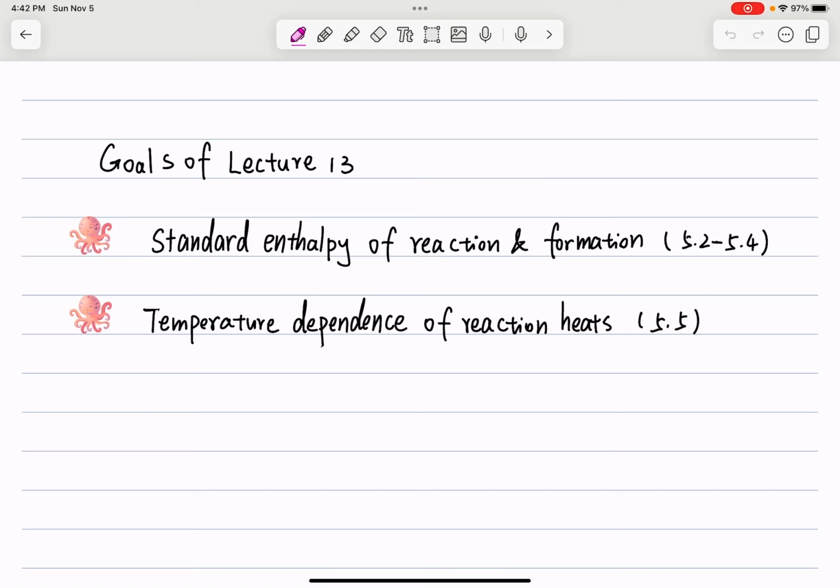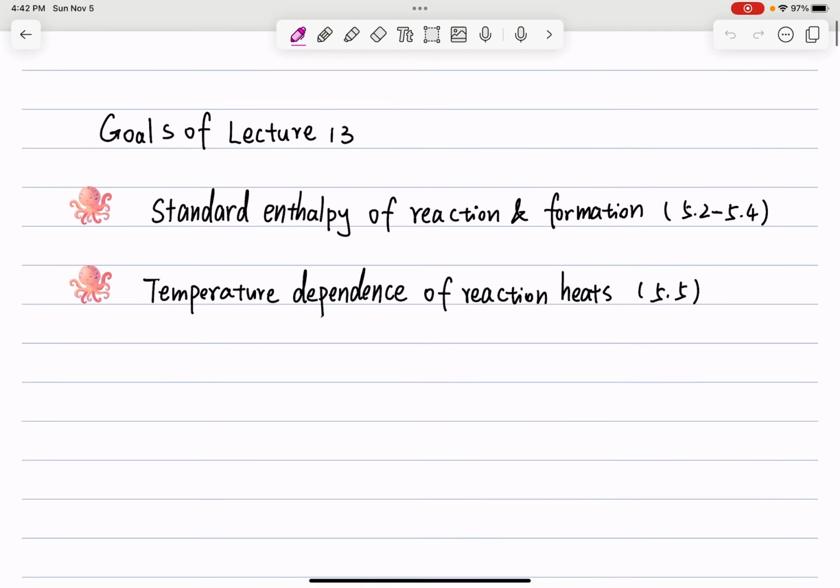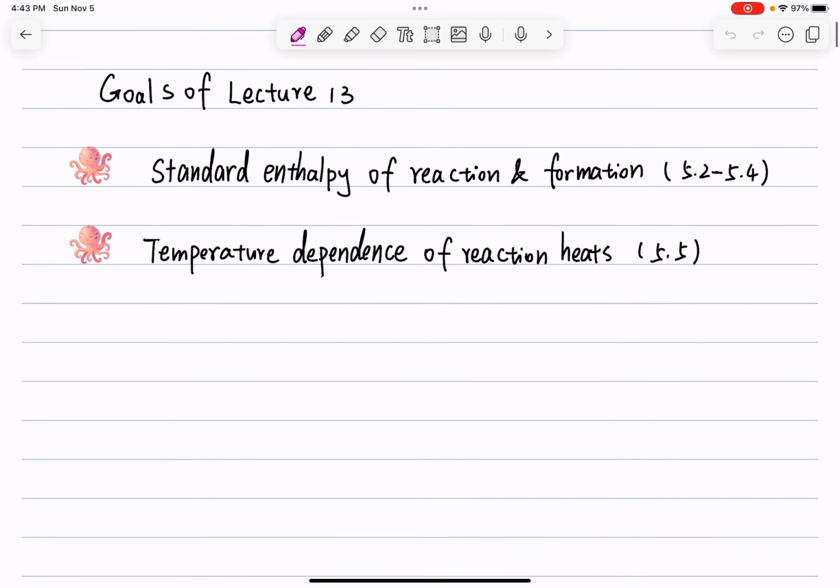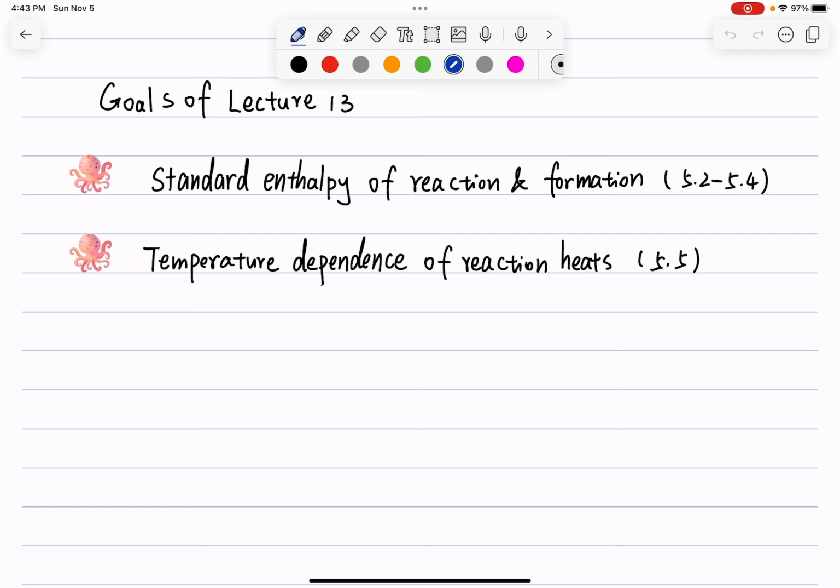So we have finished our chapter 4 and we're ready to move on to applying those relatively abstract concepts and terminologies we defined in chapter 4. On top of entropy, in our last lecture, we spent some time talking about chemical potential and equilibrium. For example, when we talk about chemical potential, what we have is defining this chemical potential nu for substance I at phase alpha to be equal to